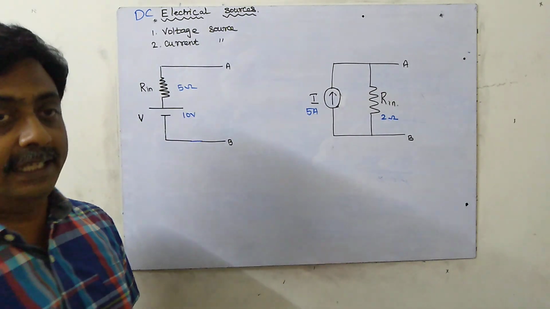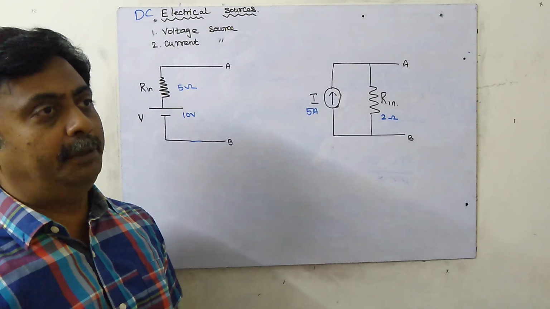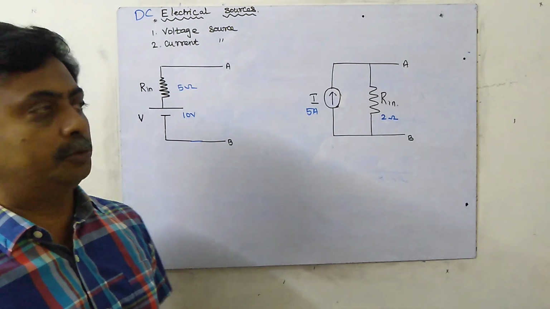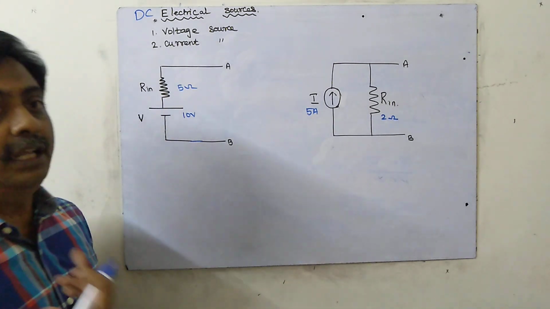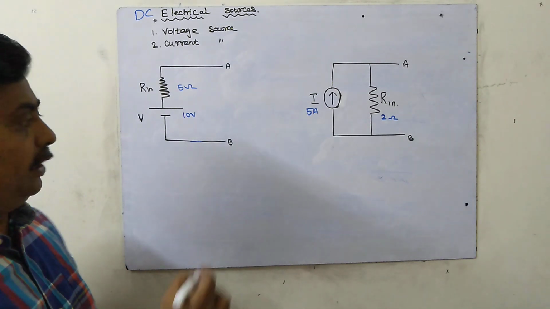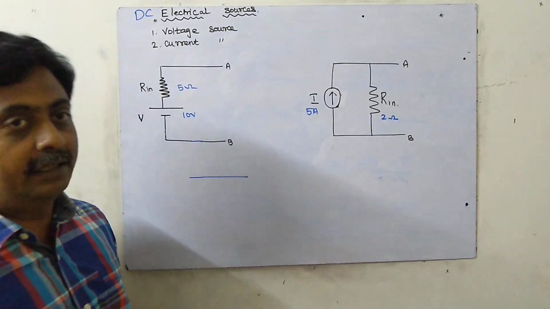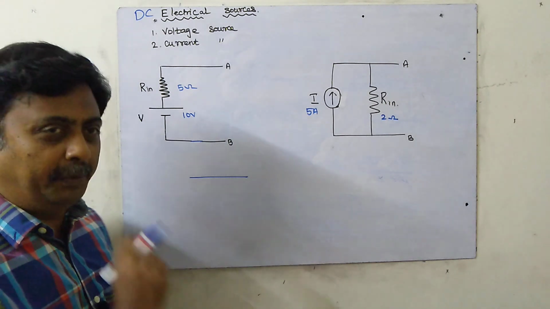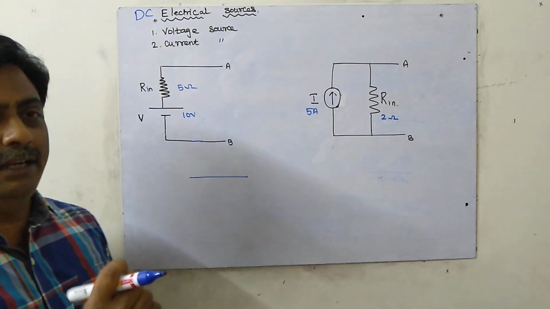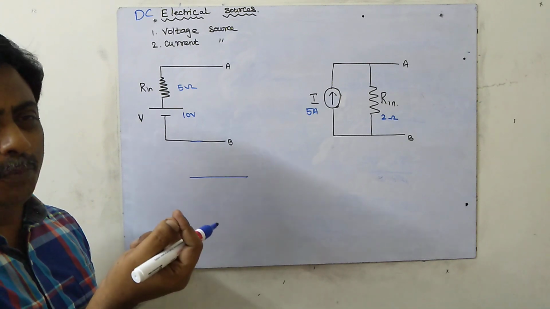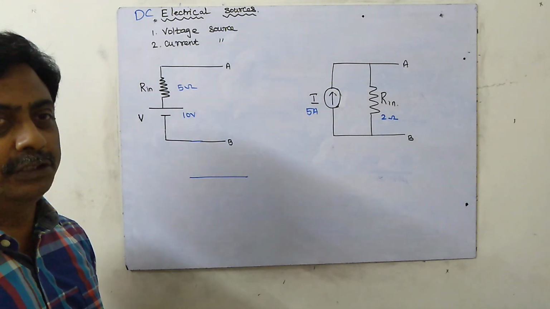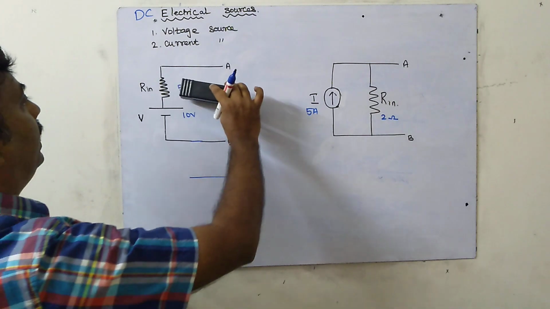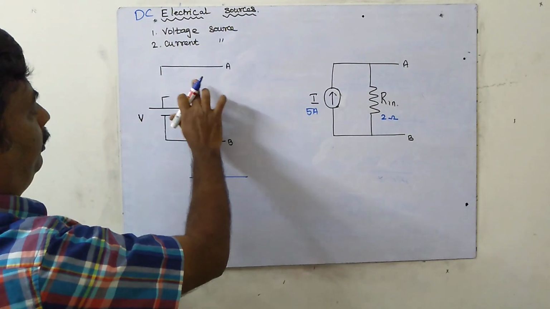Okay, next, the ideal voltage source. What is meant by ideal? Ideal voltage source means its internal resistance will be 0. What is the resistance of a wire conductor? The resistance of the conductor will be 0. Actually, the resistance of a wire won't be exactly 0, but ideally it is taken as 0; it may be 0.01 ohms, almost equal to 0. So this is the practical voltage source.